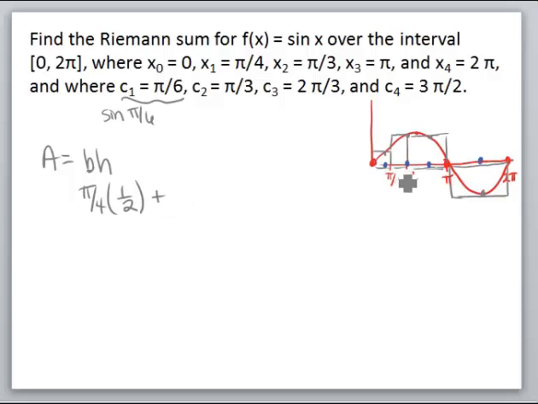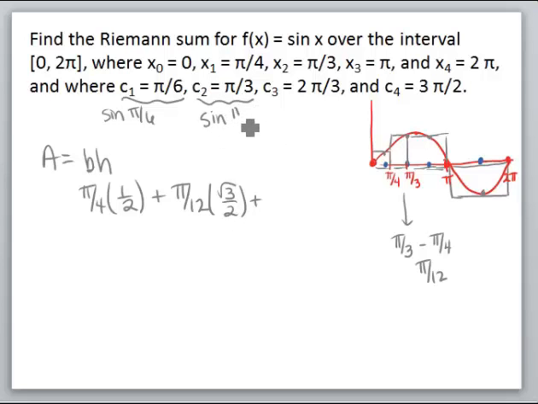plus we're going to find the area of the second rectangle. We need to figure out the base length, so we subtract these two to know the distance between them. When you subtract pi over 3 minus pi over 4, you get pi over 12. So the base is pi over 12. And the height would be whatever sine of pi over 3 is. Well, the sine of pi over 3 happens to be square root of 3 over 2, plus